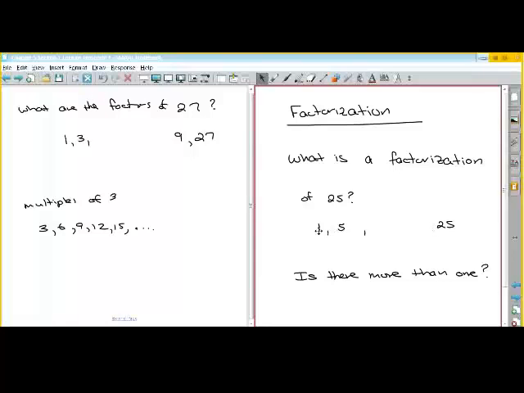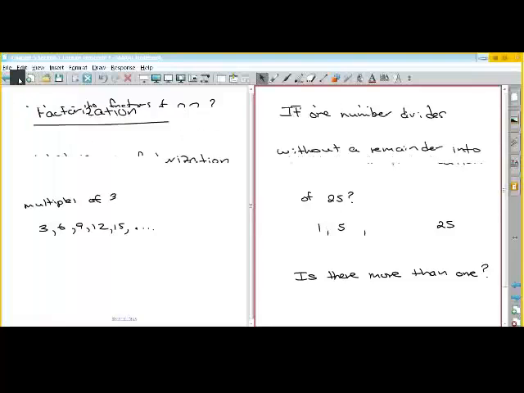Because the reason you say that is 1 times 25 is 25. 5 times, well, I don't have anything to multiply it by. But that's really not what we're looking at. We're asking the question, what numbers can I divide 25 by and get natural numbers? Well, 25 divided by 25 is 1. 25 divided by 5 is 5. 25 divided by 1 is 25. So don't include